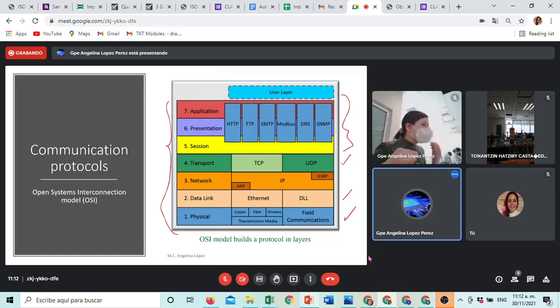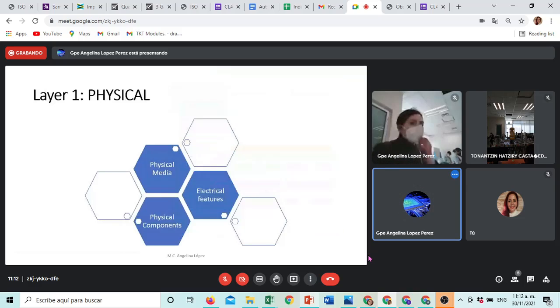For example, let me go ahead and we can go back to this slide later. For example, layer one, physical layer of the OSI model. I'm sorry, it's getting